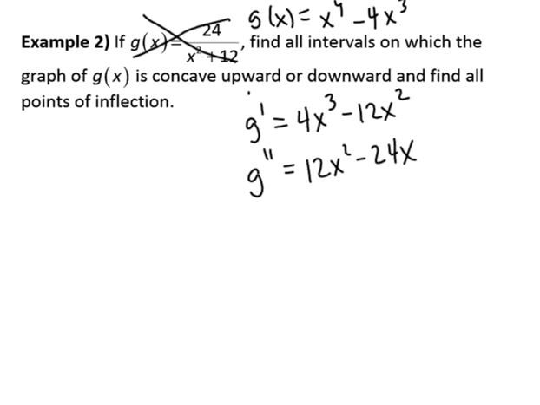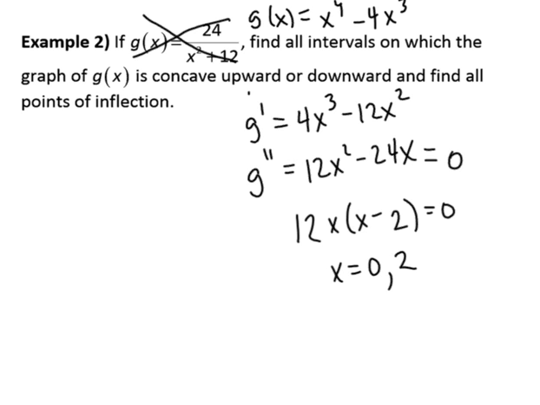So now with this function, we want to find all the critical numbers for g prime, so where this is undefined or equal to 0. This is a polynomial. It's never going to be undefined, so we're going to set this equal to 0 and factor. Okay, so after we factor, we get the x values to be 0 and 2. So now create a sign chart for that. So for g double prime,